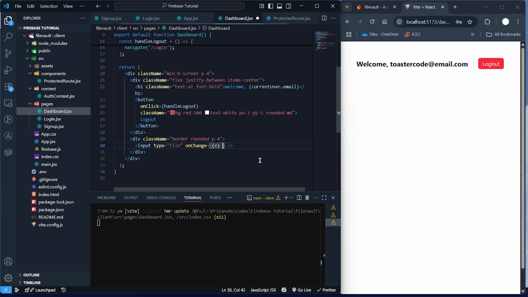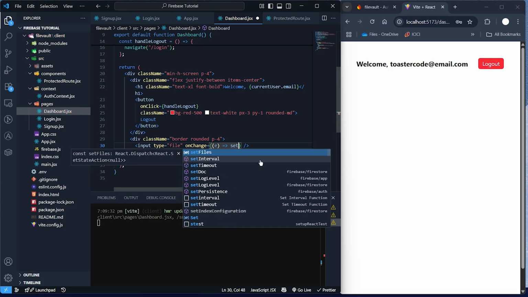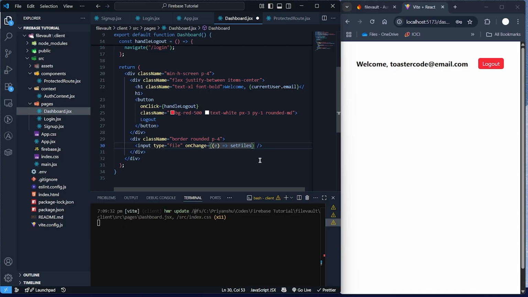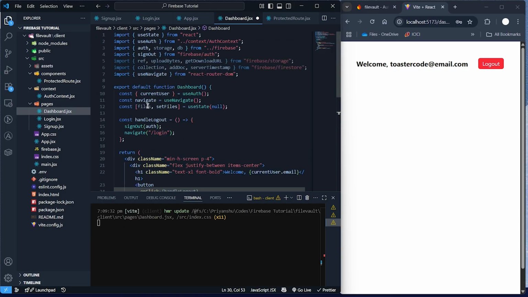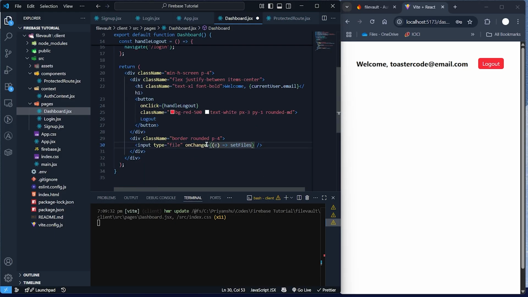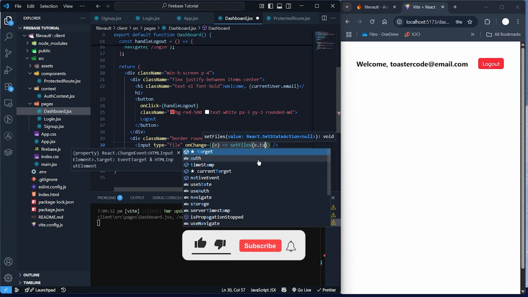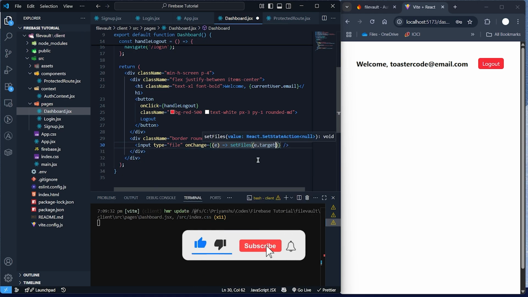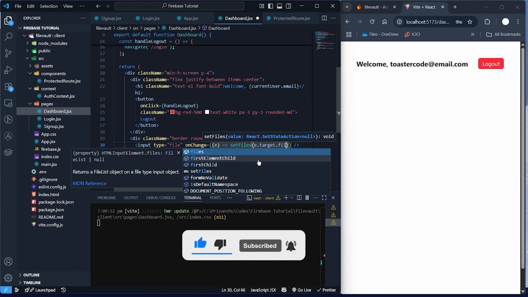There will be an event. I'll do setFile. Is it correct or not? Yeah, and here we will do e.target.files